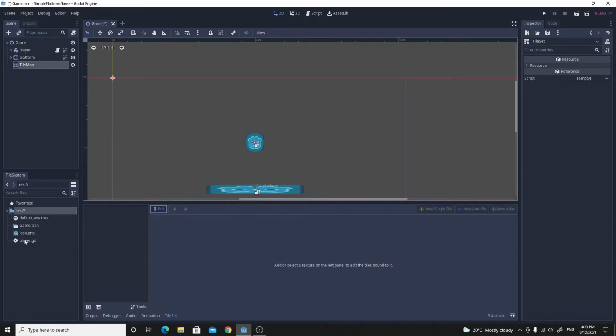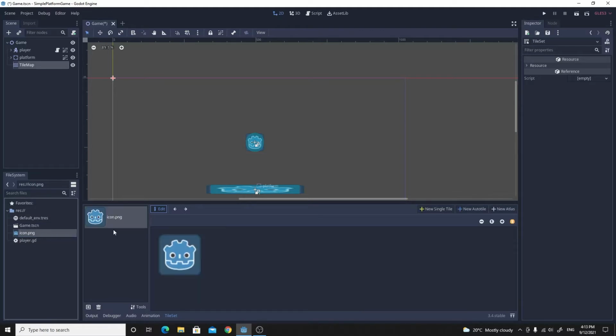Now we're going to keep this really simple and just use the icon.png. Normally you would have a tile set that's got lots and lots of different icons, and you can choose the particular regions for particular sprites, but we've just got one huge sprite inside this tile set. In order to add tiles, what I'm going to do is just click on edit down here, and I found that if I zoom in and out a couple times with the control and scroll wheel,